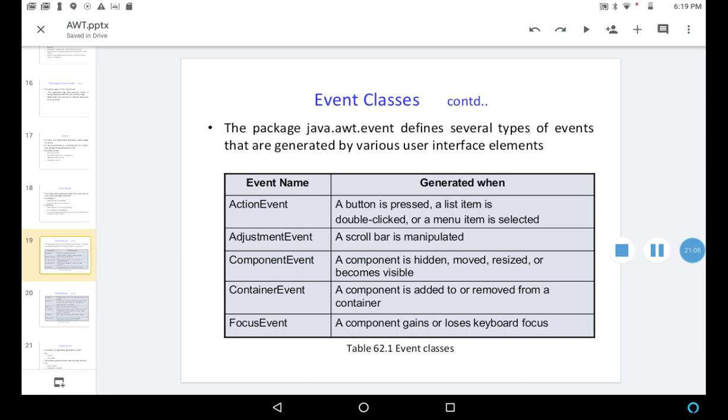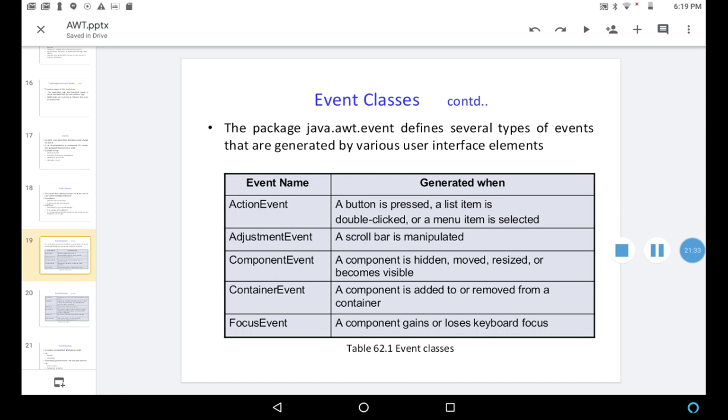If a button is pressed, a list item is double clicked, or a menu item is selected, that is called an action event. What is that action? A button is pressed, a list item is double clicked, a menu item is selected. So that is called an action event.